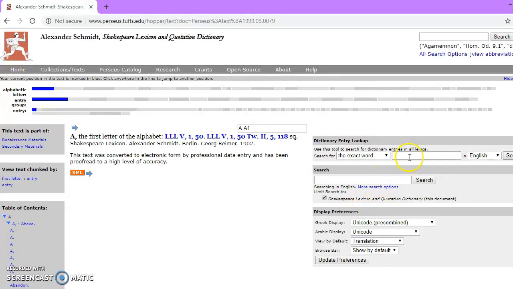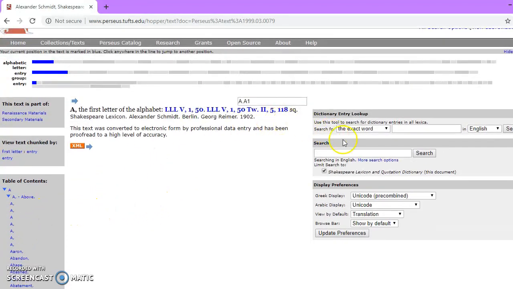Also, the thing I don't love about this is that it will search the lexicon as well, so you might be able to find it, but if you spell anything incorrectly, you won't be able to find it. It won't give you the key term from this lexicon. And depending on what Shakespeare text you're using, if you're using the First Folio, it might be spelled differently because there wasn't a standardized spelling at the time when it was being written. So if you're using the First Folio version, these spellings might be different and it might be harder to find.